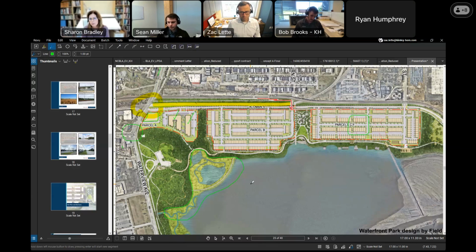So even when you're walking through there, it feels like a series of privately owned spaces as opposed to having those moments of neighborhood park kind of moments, even within this. So it does feel very taken over by a series of private spaces in these blocks. Whereas earlier iterations had more frequent moments of public spaces and more green interruptions along the water. So the water edge had a character and a reality of public access to the park,